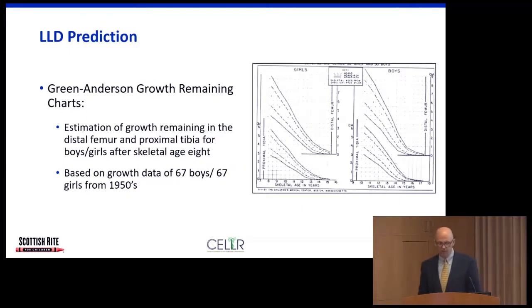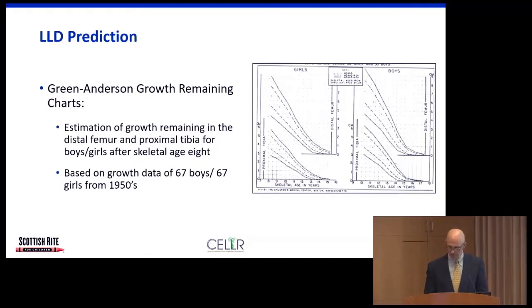The Green-Anderson growth remaining charts are charts that you may have seen along the way. We don't really use them as much as we used to because we now have these other techniques that have proven to be better. The downside of this growth remaining is that a lot of people use these, but these were only created out of 67 boys and 67 girls from the 1950s, and I think they were all white. So we're talking about a very select population of kids that does not necessarily represent today's children, or certainly across a spectrum of different races